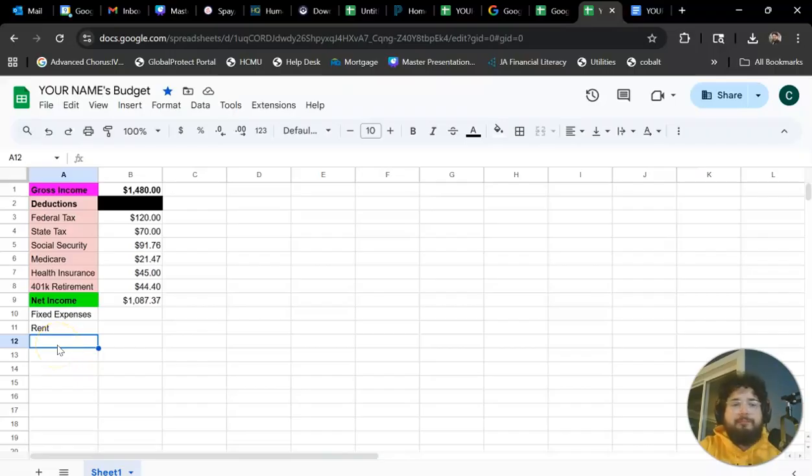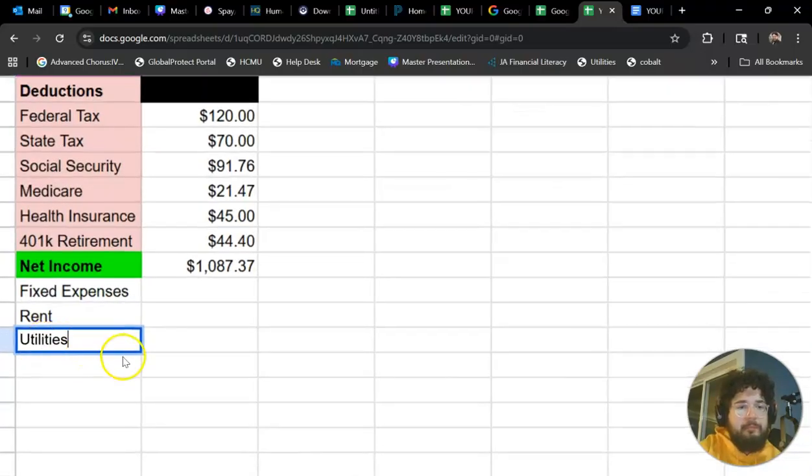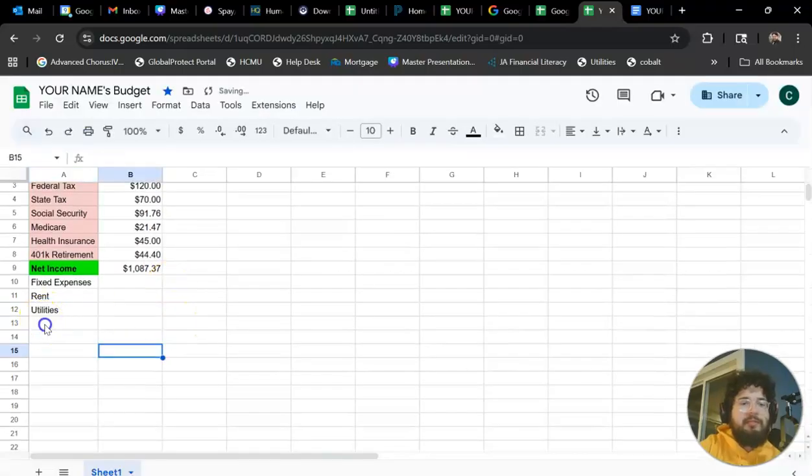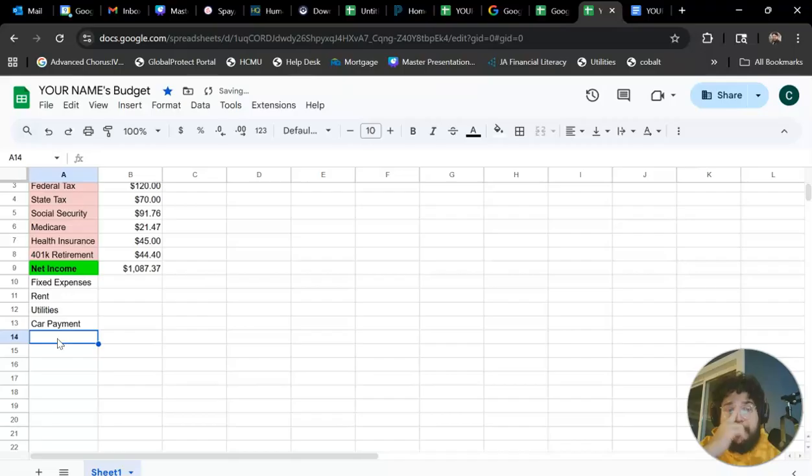Let's do utilities. That's going to be things like trash, utilities. I think that's how you spell it. Rent, utilities. Let's say we've got a car payment in there. Right, you wanted a fancy new truck and now you got to pay for it over the next couple of years. And I'm trying to think of other fixed expenses because, like, for example, groceries wouldn't be a fixed expense because 1 month you may buy more food, 1 month you may buy less. And let's put a student loan payment in there, okay?